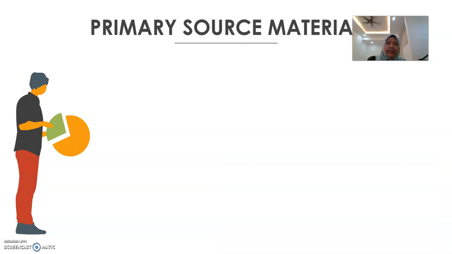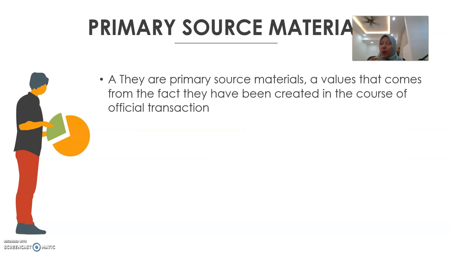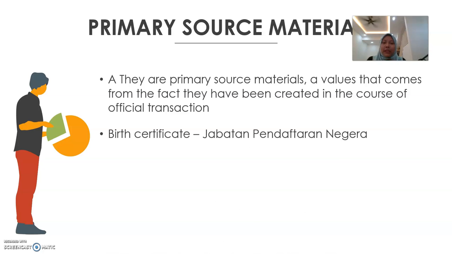Alright, so the second characteristic of an official record is that it should be the primary source material. Okay, what is the primary source material? It is actually source material which has a value that comes from the facts that they have been created in the course of official transaction. Okay, maksud dia, okay,